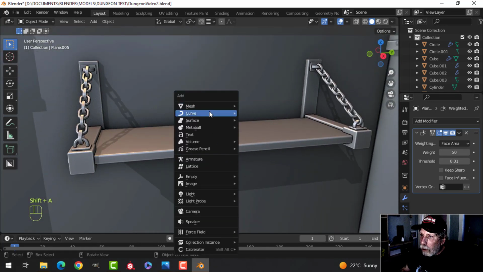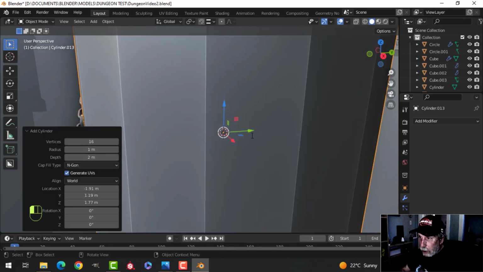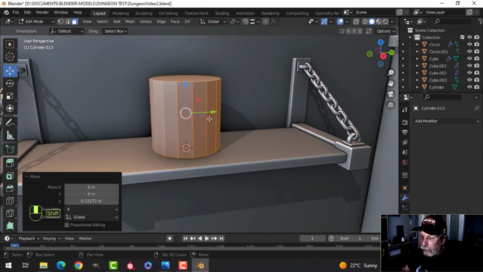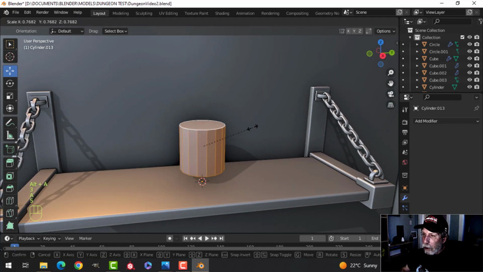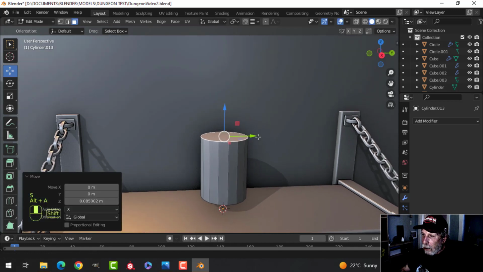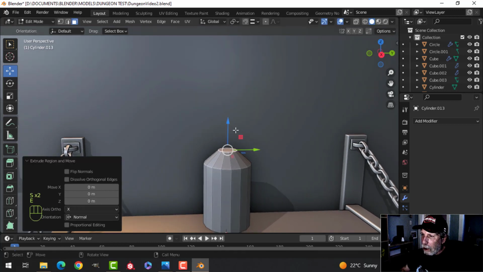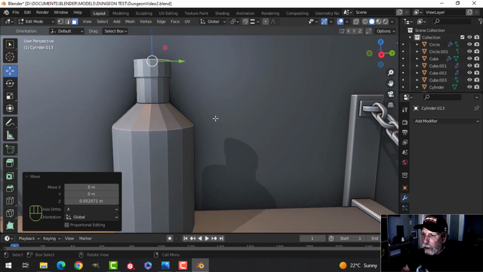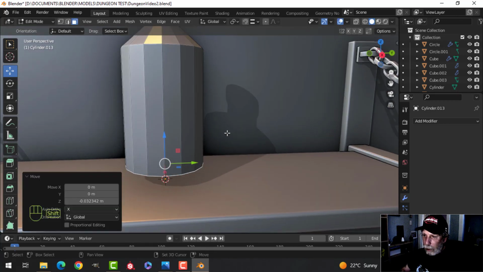And then just to show you real quick, we would put some stuff on there. If I do this and I go for 16 vertices, I will put a subdivision on this just to make it look a bit better. But we could have something like, maybe that whole thing is too big. I'll just extrude up and scale in like this, just to make some kind of a bottle. I won't even really do much. Just do that for now, and then just bevel it a little bit